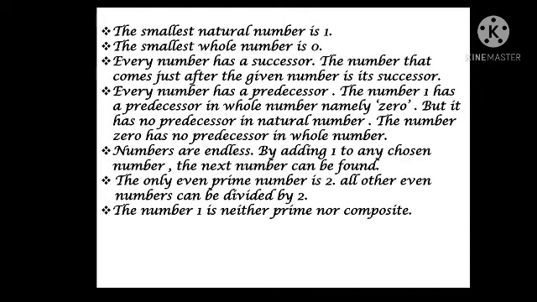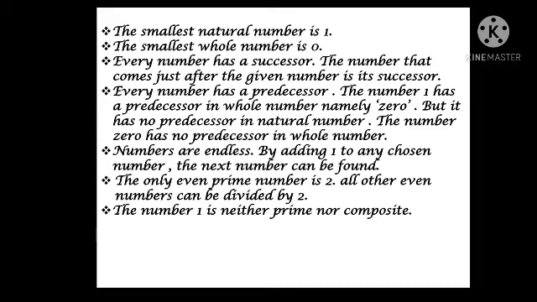Students, by the definition of prime number, 1 is not allowed to be a prime number because 1 has only one factor, namely 1. One one is 1. So 1 has only one factor. Prime numbers have exactly two factors, not almost two or anything like that. When a number has more than two factors, it is called a composite number.